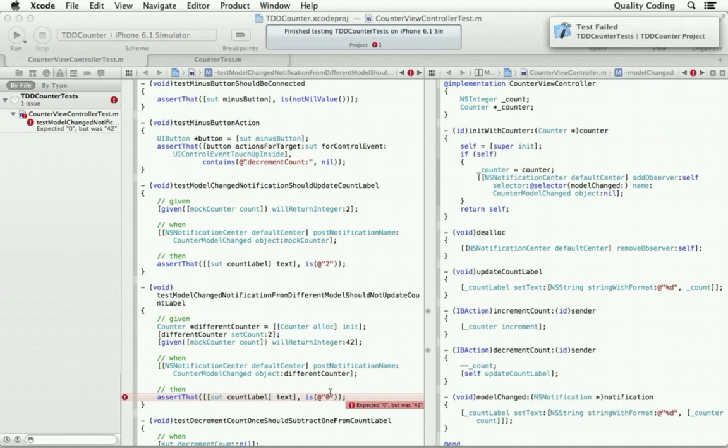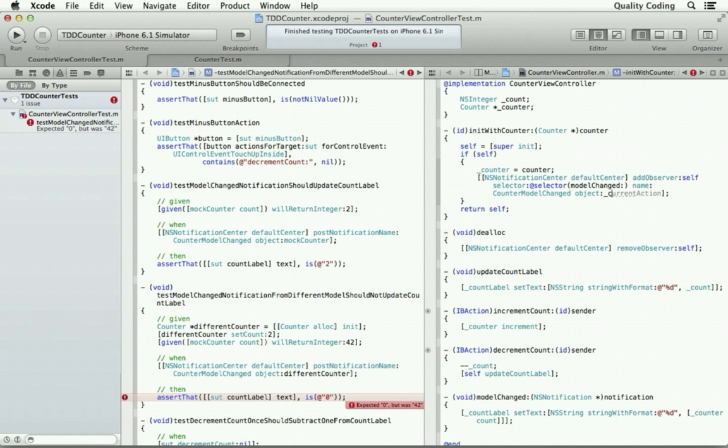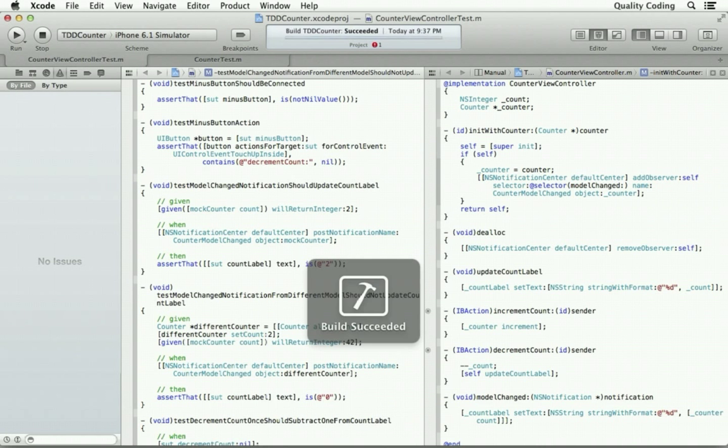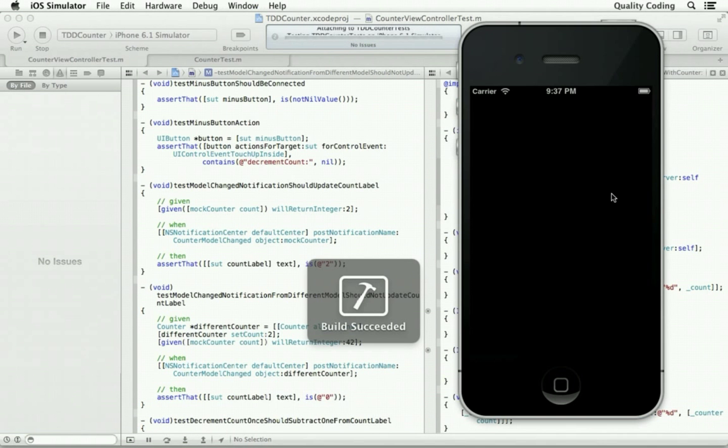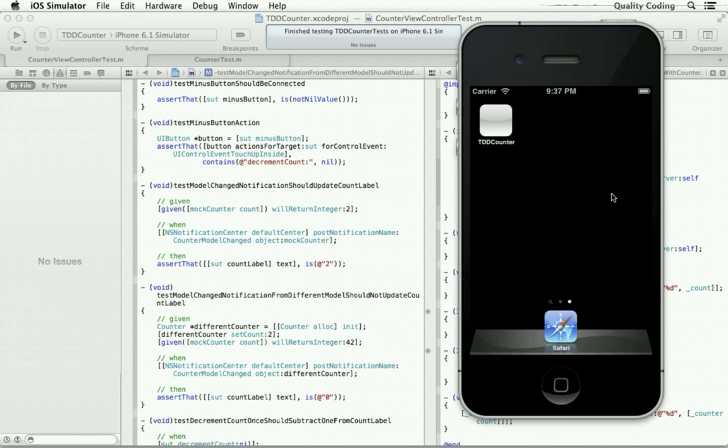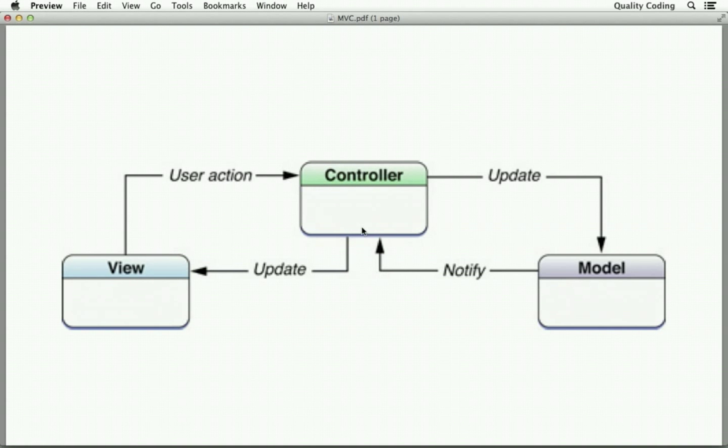It does, and the easiest thing now is to observe only our model. Let's see if that passes. All right. Now the controller is listening to the notification and updating the view accordingly, all through TDD.